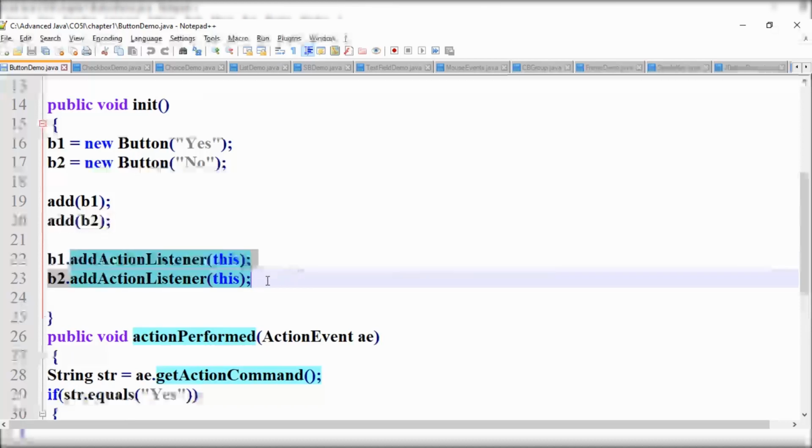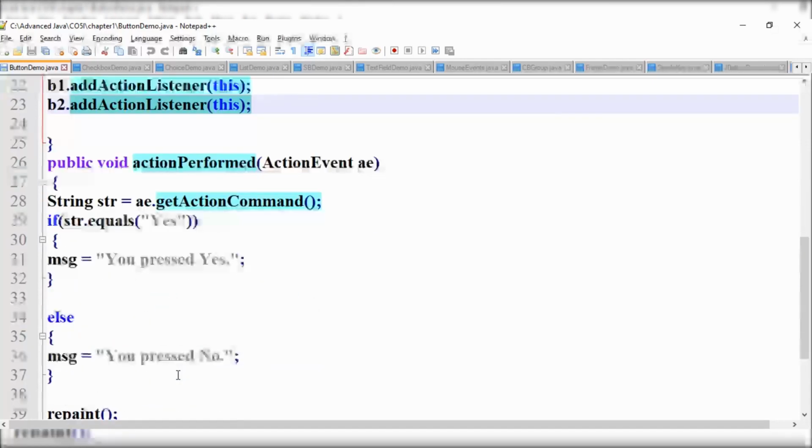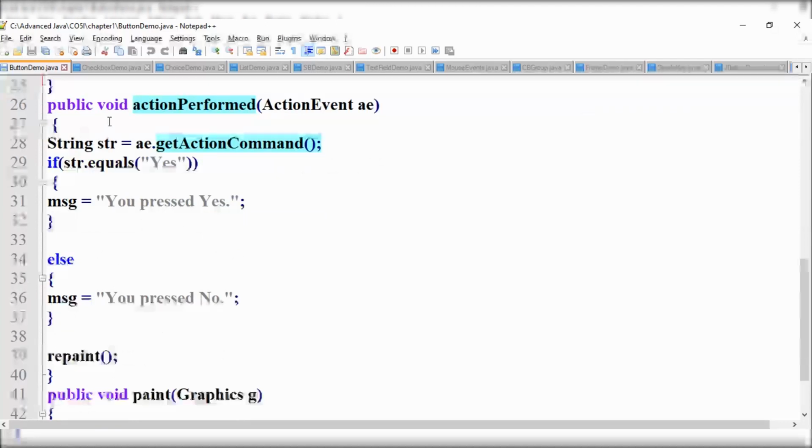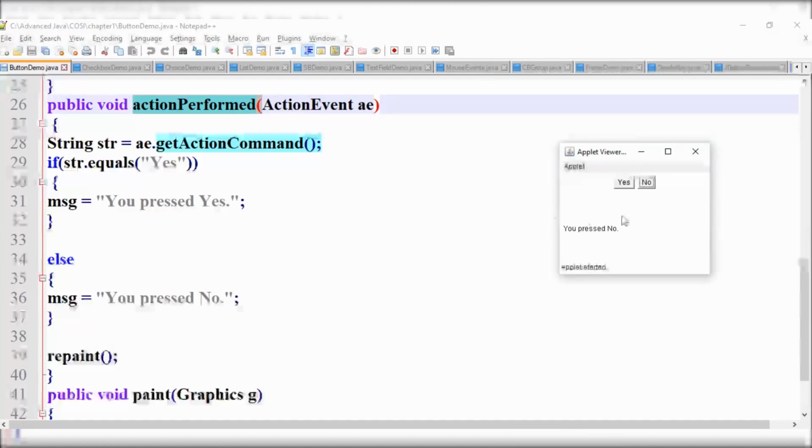These two lines are called registration of listener, and in the registration method, a is small: addActionListener with this in brackets. Same thing for button 2. And which method from action listener we are using? The actionPerformed method, which is handling this output, which is giving you this output.